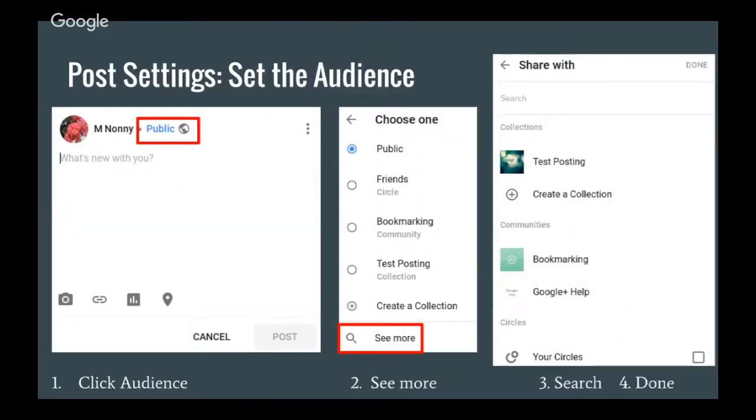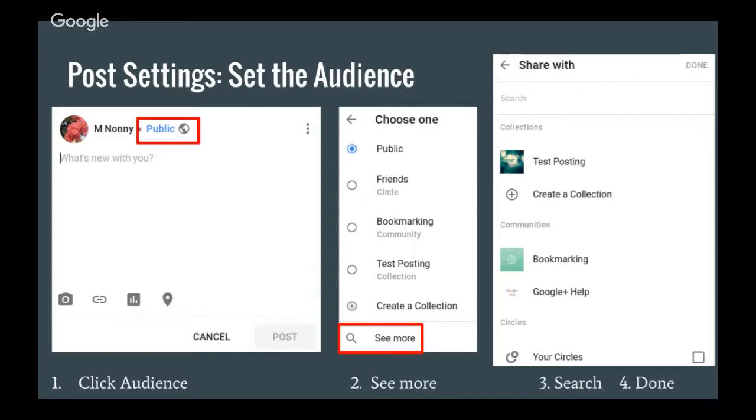And once you create a post, the first thing you should do is set the audience of the post. I mention that because the default is for the audience to stay the same as your previous post. So if you posted a question in the Google+ Help community, the next time you create a Google+ post, it will go into the Google+ Help community again unless you change the audience. I mention that because it happens to people all the time. They ask a question, they get a response, they then post a cool photo with their family, and it ends up in the Google+ Help community also, even though they didn't mean to do that.